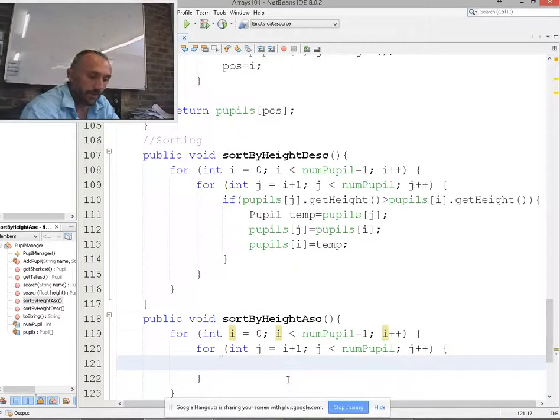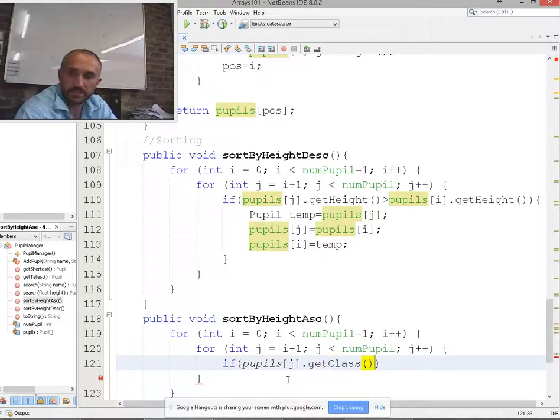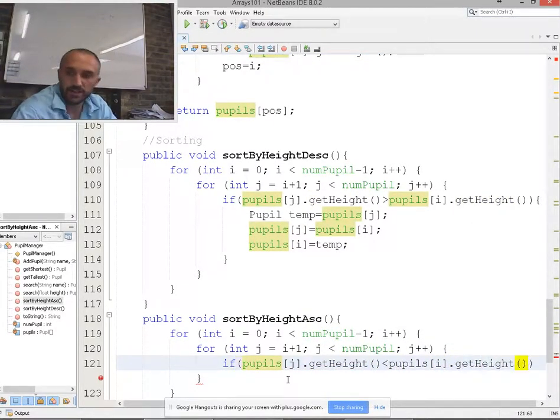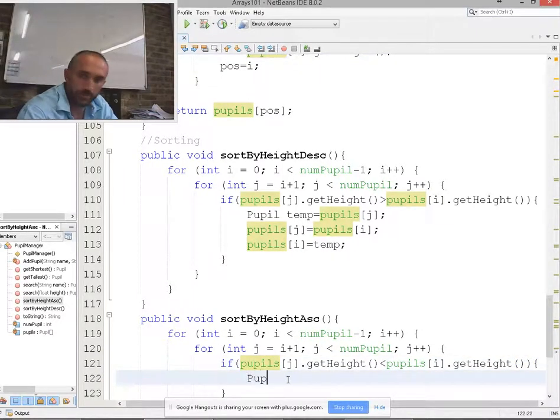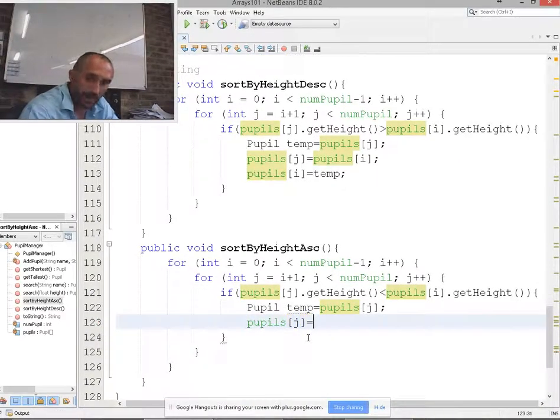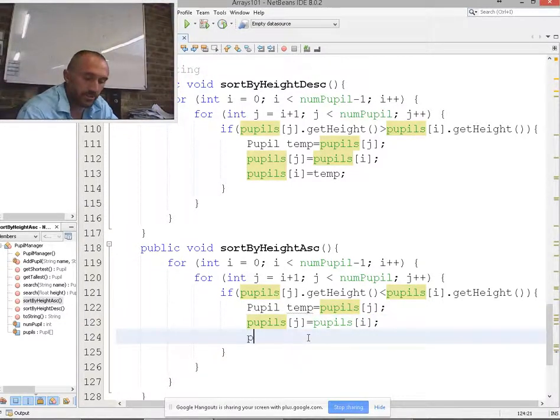And then I just go if, open brackets, pupils position J dot get height is less than pupils position I dot get height. Then I would simply swap, so I'd go pupils temp is equal to pupils position J semicolon, pupils position J. I could have just copied and pasted completely, but I'm just wanting to show you that in a lot of ways a sort becomes a bit of a regurgitation thing, that you can just literally follow the same